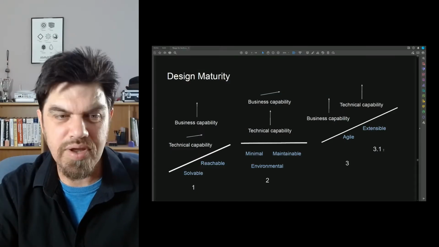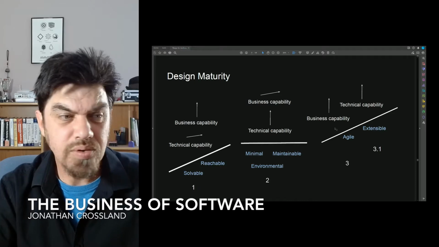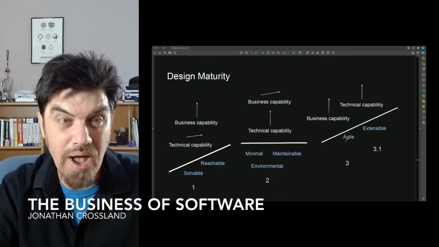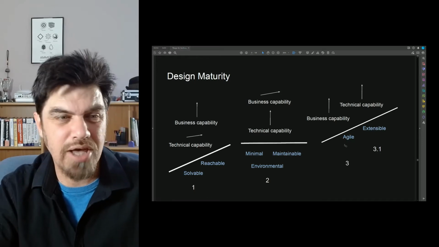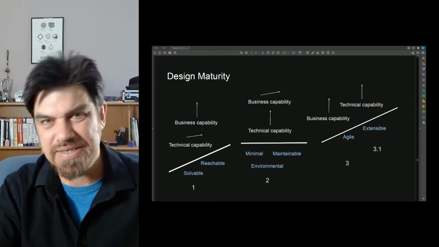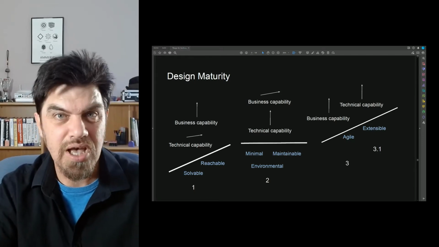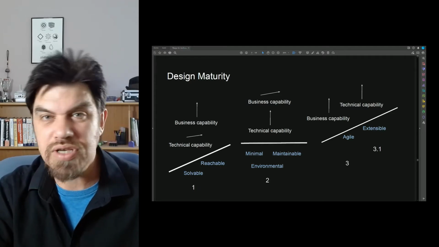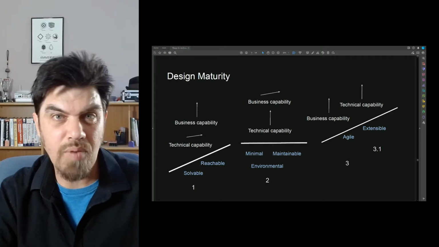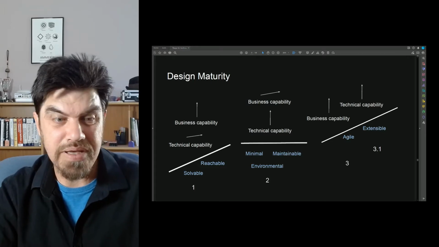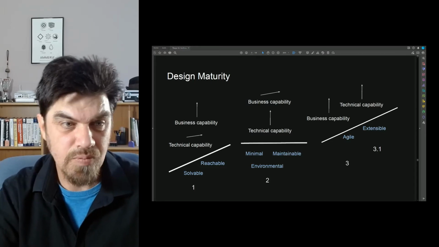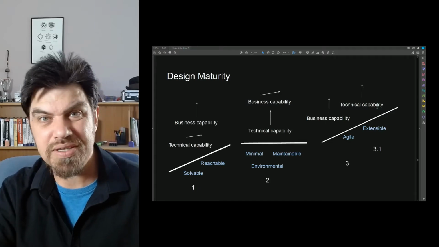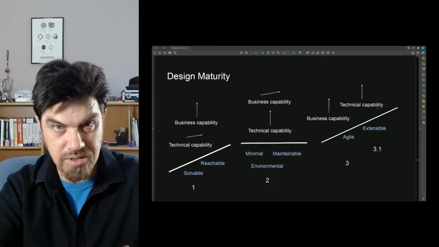Next is level 3 and 3.1. What we want to do is concentrate first on making our code base more agile, adding that technical capability to increase business capability. More features, quicker, easier ways of doing it. For example, the bookmarks: you want to design the bookmark system so that it can be cross-device. Technical capability extensible 3.1 would mean that you take those bookmarks and not only make them cross-platform